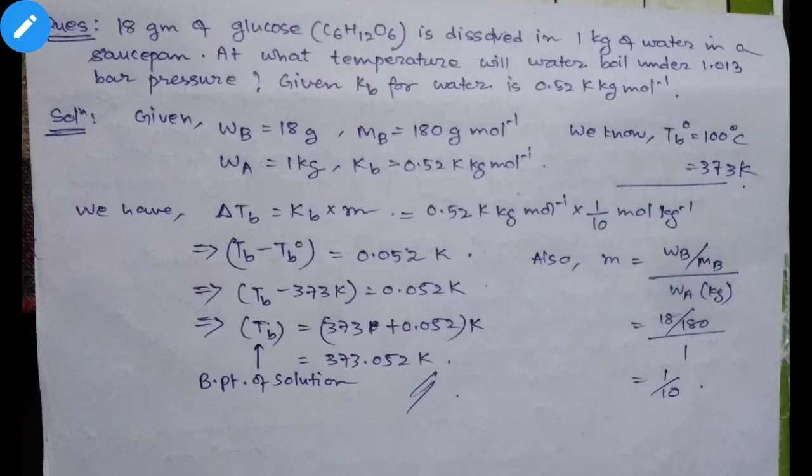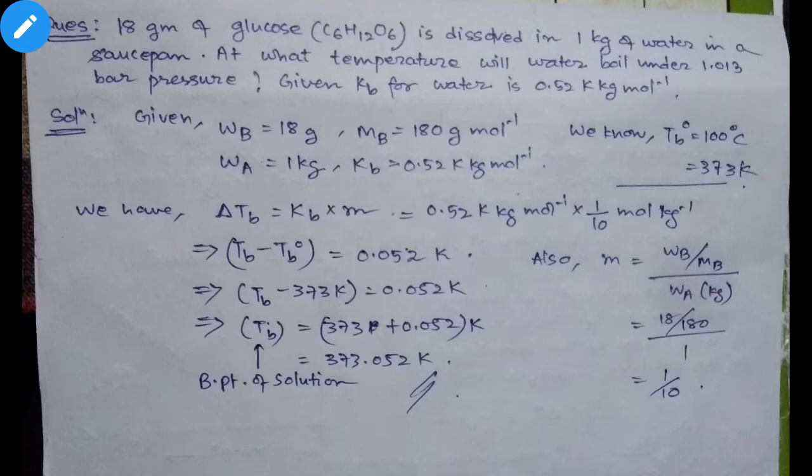From here you can get the unit, Kelvin kg per mole, because I have given you two homeworks: to write the definition of Kb and to write the unit of Kb. If you have done it, show me. If you have not done it, you can write the unit from here. Sometimes they ask you for 1 mark what is the unit of Kb. So here you see, given, I have written.